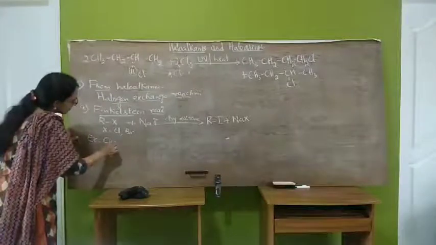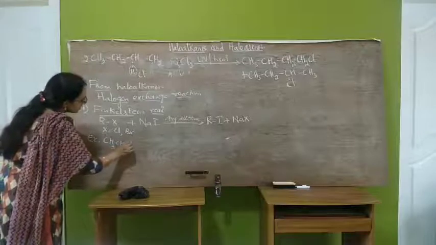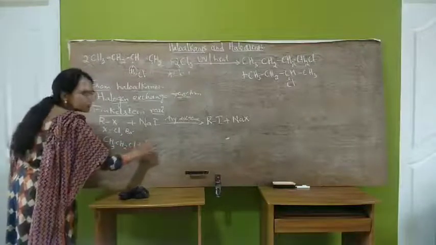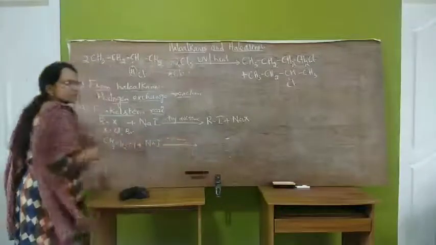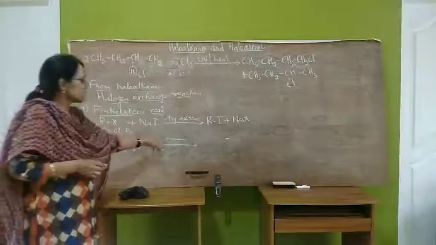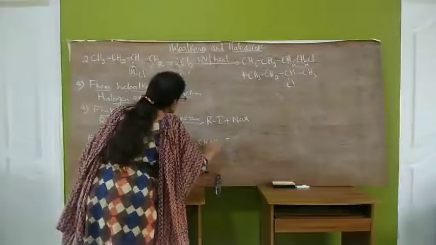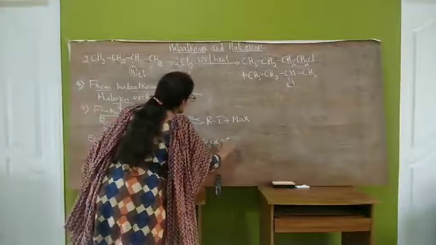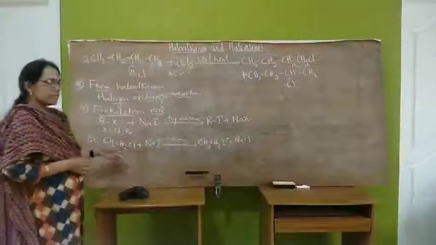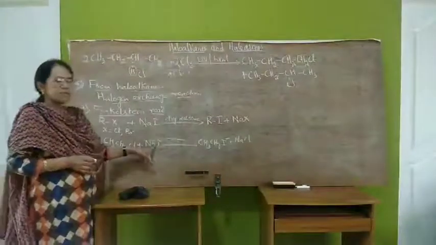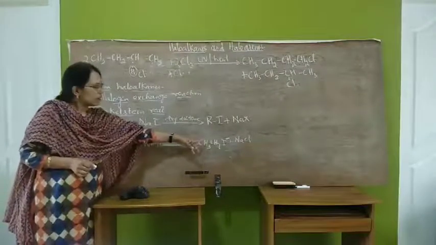Ethyl chloride, CH3CH2Cl, plus sodium iodide react in the presence of dry acetone to form ethyl iodide, CH3CH2I, plus NaCl. Or if we take ethyl bromide, it reacts with sodium iodide in the presence of dry acetone to form ethyl iodide